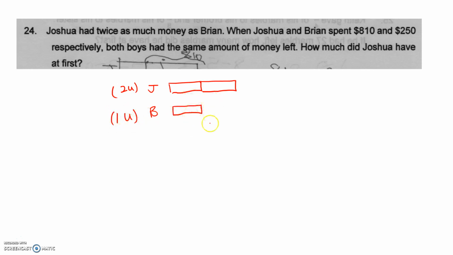Now, they are all going to spend money, right? After spending money, they have the same amount left, so you cut down from here. This is the same amount that they have left. Then we know that Joshua spent $810, and Brian spent $250. Now this is 250, here must also be 250. So we are going to find this 1 unit. 1 unit is actually equal to 810 minus 250, which will give you,